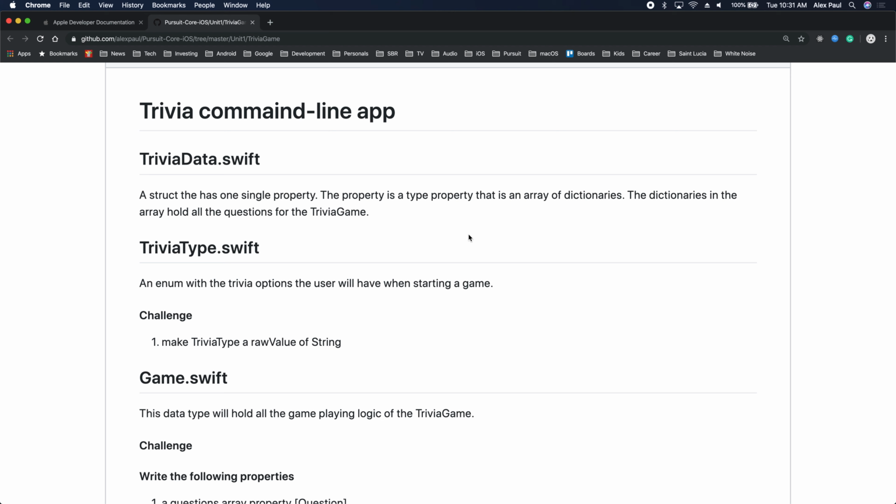Building a trivia command line app, right? Our trivia command line app, we started building it yesterday. It's a macOS command line tool app. And we decided to build this app using object-oriented programming, which is the pillar of our programming career here going